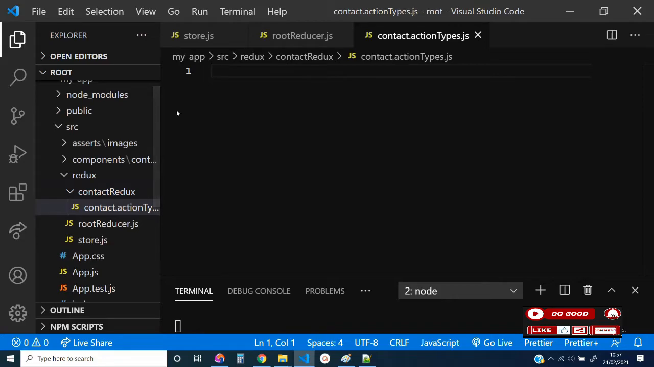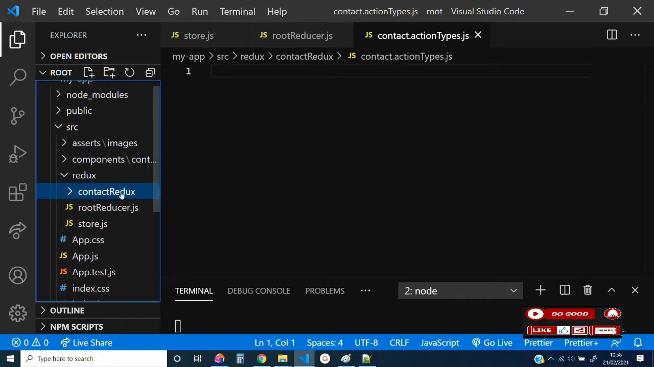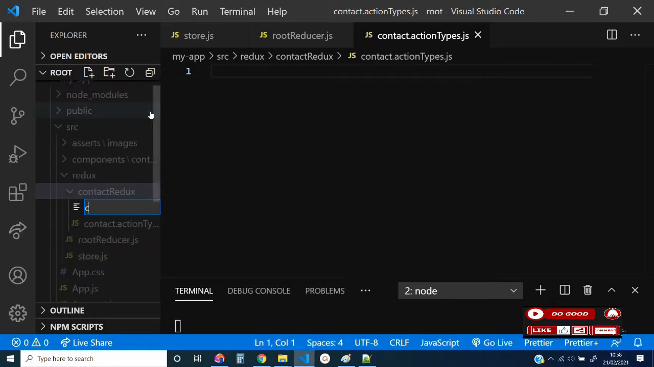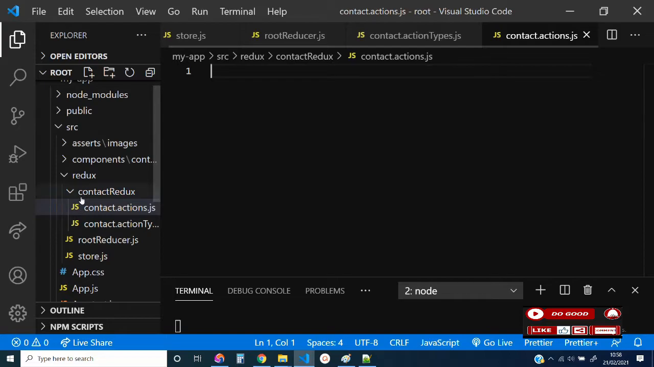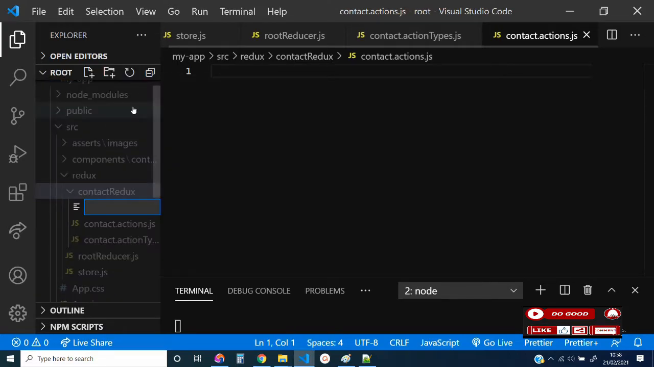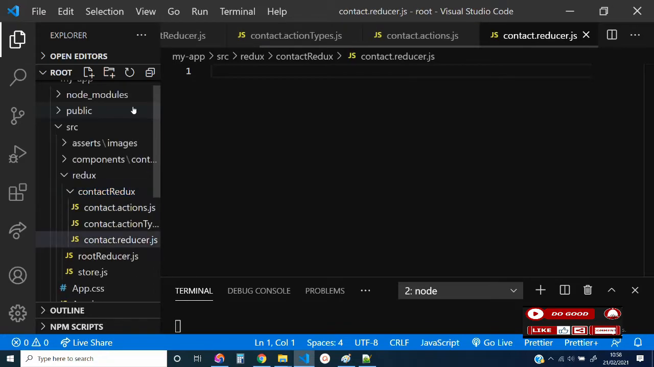contact.actiontypes.js. Good. In the same contact Redux folder, let's create another file and call it contact.actions.js. Good. Inside the same contact Redux folder, let's create another file and call it contact.reducer.js. So that is that. Take the first one,